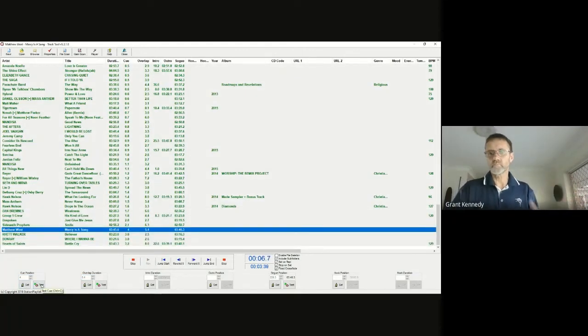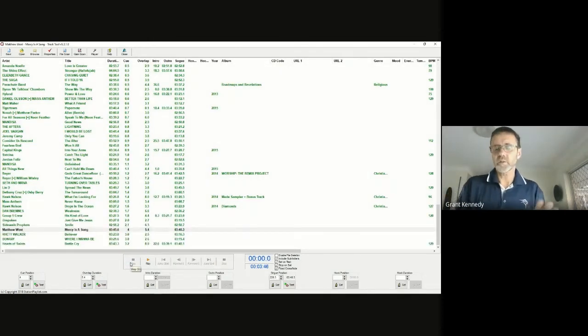Okay, so now station playlist will cue it when it's going to cue that song. It will cue it at 4 seconds into all that. So that's what the cue position is. And then, as I say, the intro position is where the singing starts, which is pretty much straight away on that. And the outro position is some songs fade out and they may have ad libs and stuff on the end.